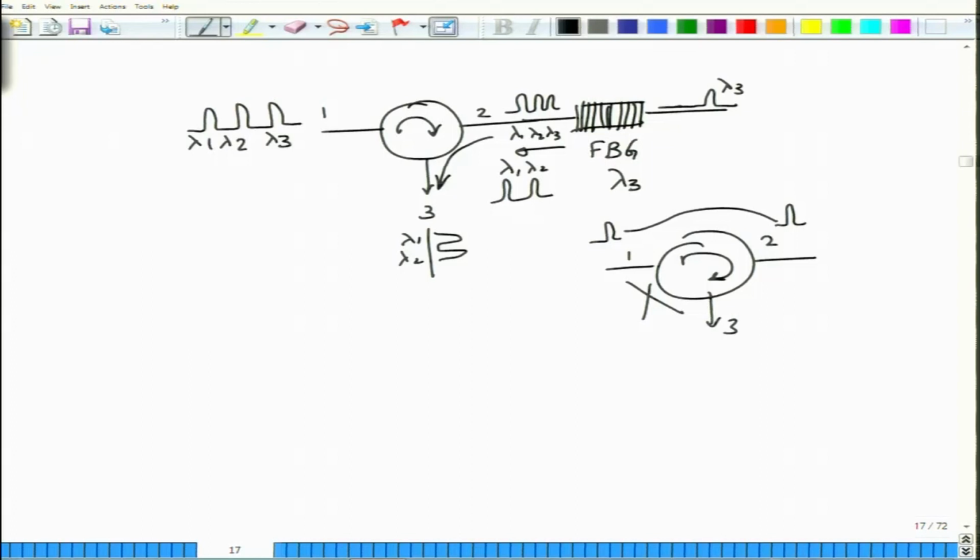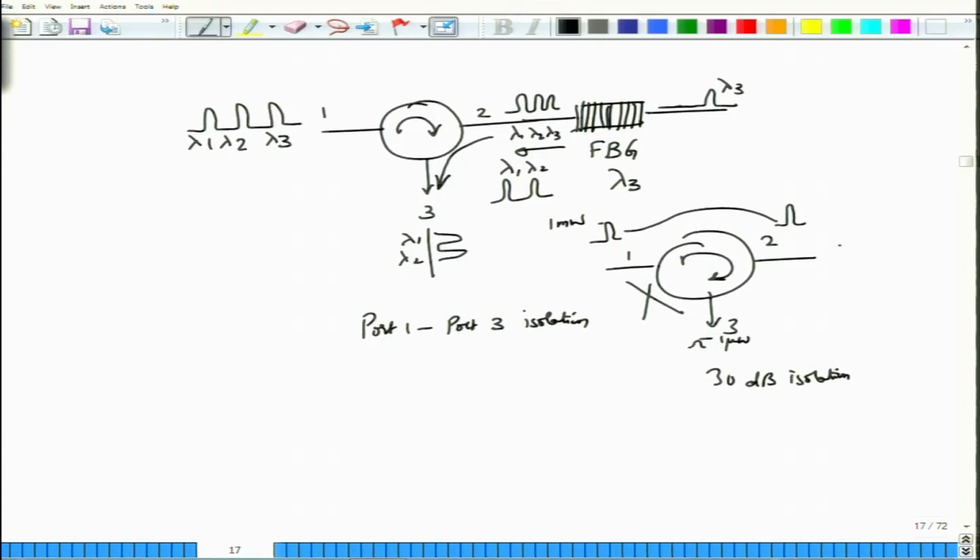Of course, in reality you cannot have that no signal will go through. There will be some amount of leakage signal, and this is called the isolation of the circulator. So we call this port 1 to port 3 isolation. Isolation simply means how much of the power in port 1 is being rejected by port 3 or the device. Of course, it will still send out some residual power here, but how much is the difference? So if you have launched 1 milliwatt here and you get just about 1 microwatt here, then this device has about three orders of magnitude, or about 30 dB isolation between the two ports 1 and 3.